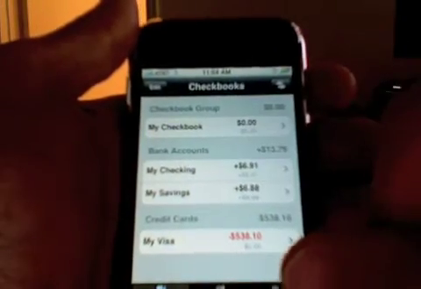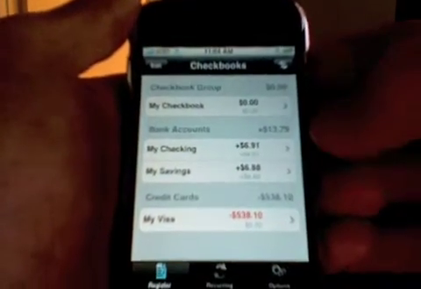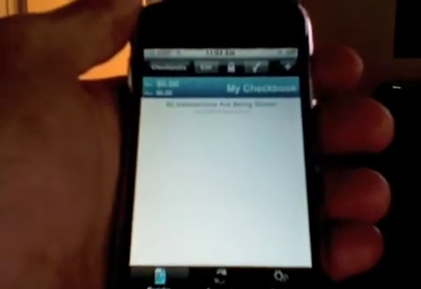Now, to get started, you could configure this account if you want. You could change the name of it if you like, but to just get things going so that you can start recording transactions, you would go into this account, and the first thing you would want to do is set up an opening balance for this account. So to do that, you're just going to enter a transaction,